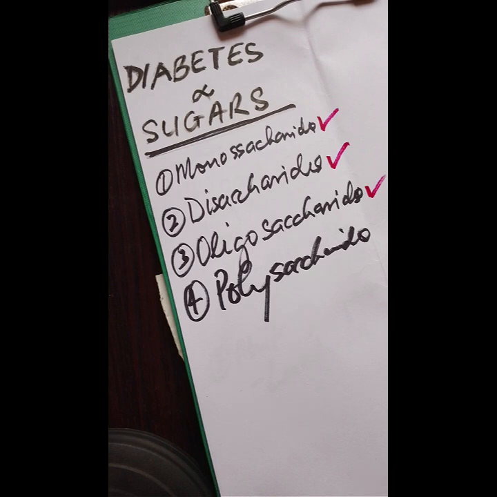It has glucose and galactose, 50% each. But malt sugar is maltose. It has two molecules of glucose, which means it has 100% glucose and can affect blood sugar levels more than lactose and sucrose. That's the takeaway for the diabetic,